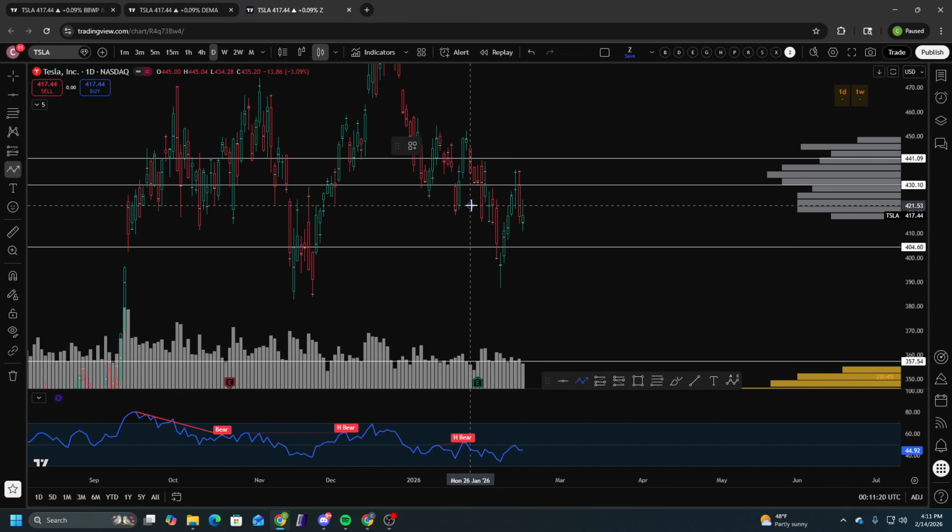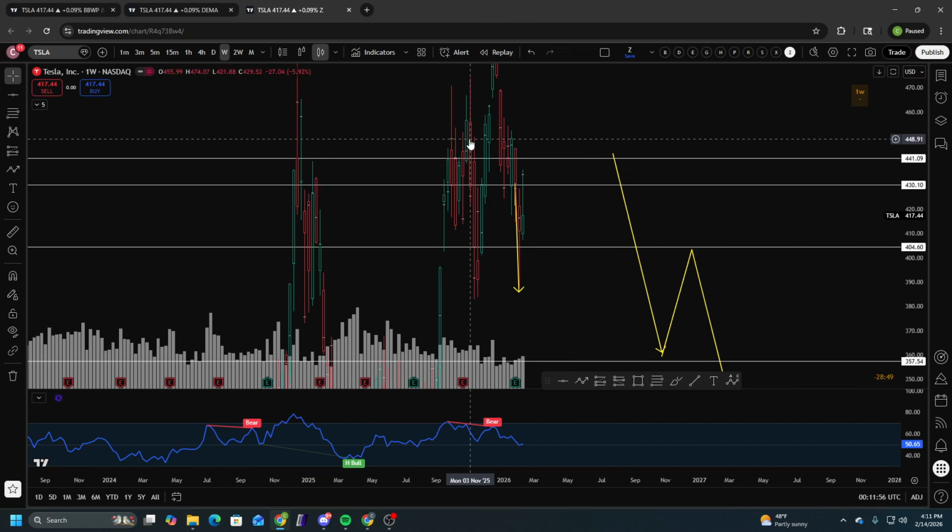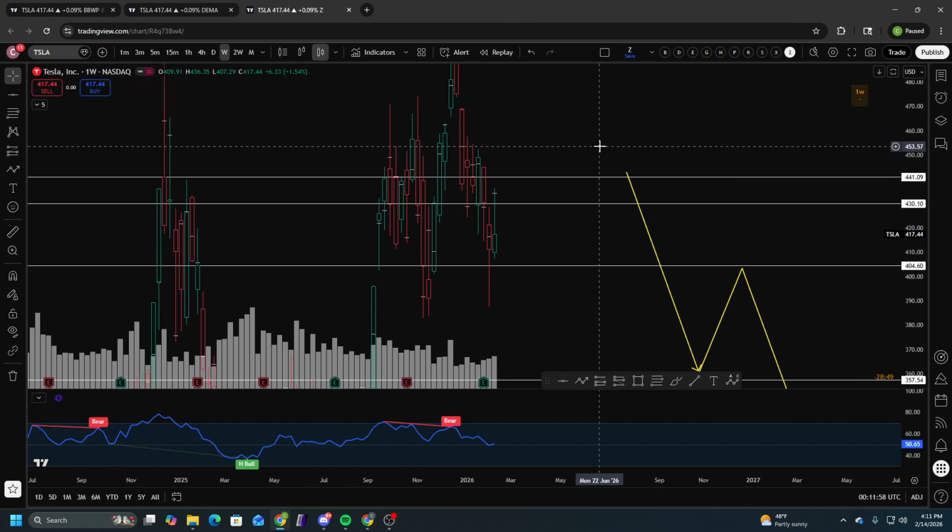Okay? Why? Because we tested this level here and it made this low. Okay, so we came here, we tried to gain it on a daily basis. What happened? We did not gain it, and since we didn't gain it, people shorted. Why? Because it didn't gain. So now that it didn't gain, you're going to need to see it come up here and actually gain and hold this level to get a trend reversal on the daily time frame, which could potentially lead to a trend reversal on the weekly,